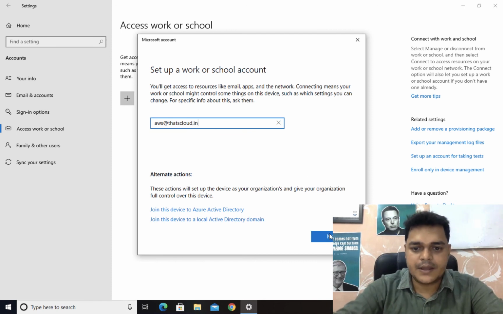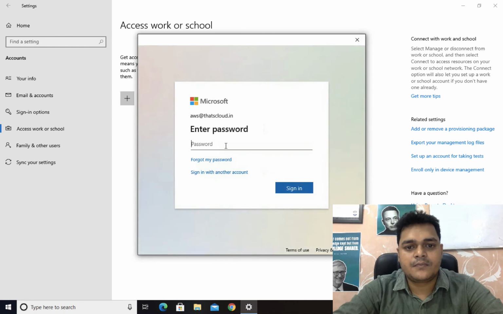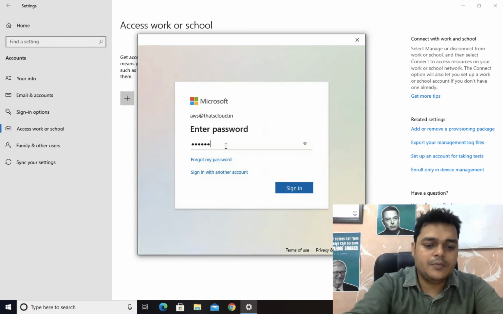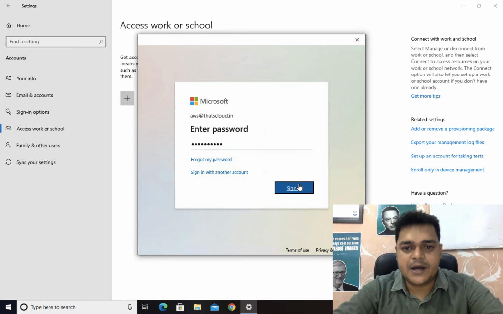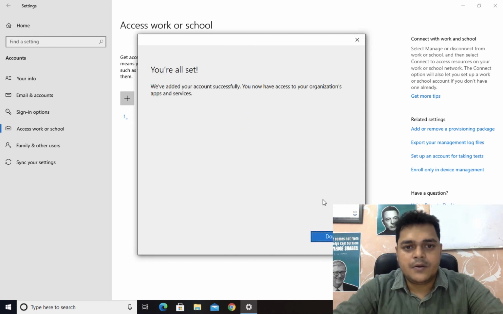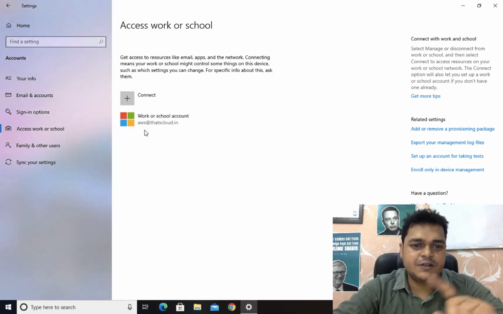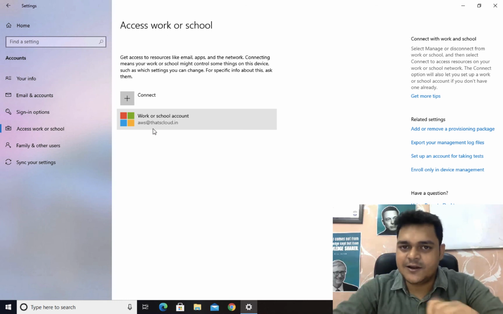Okay, next. Another piece of information, you need to provide the password. All set. We successfully connected our on-premises Windows 10 with AWS at thatscloud.in.